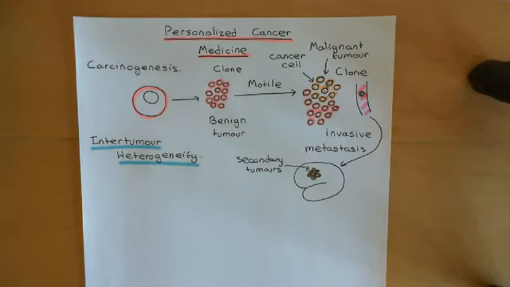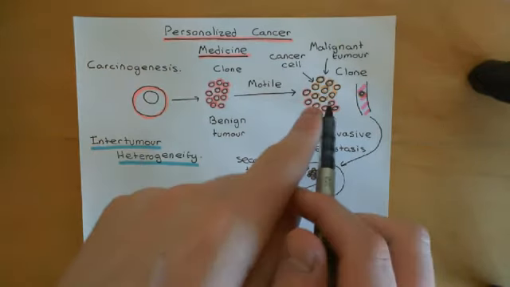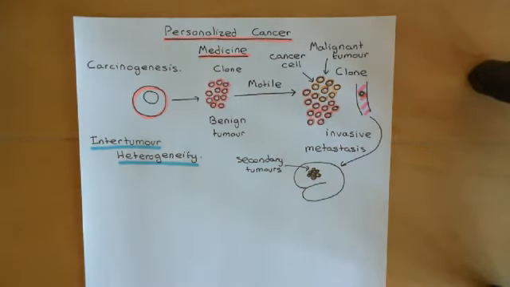Okay, but it's most likely that there are loads of possibilities for how you can go from this to this, and that means that if you look at two different people with breast cancer, the actual cancer cells that you've got here at the end of it, the actual orange cells that have the properties of cancer, i.e. they're overdividing and they're invading the healthy tissue and they're metastasizing, they might have very different mutations